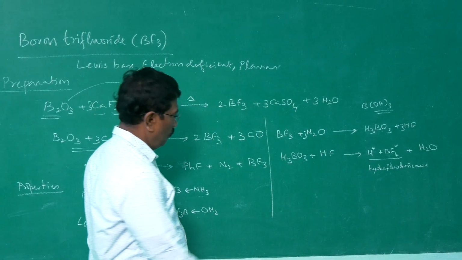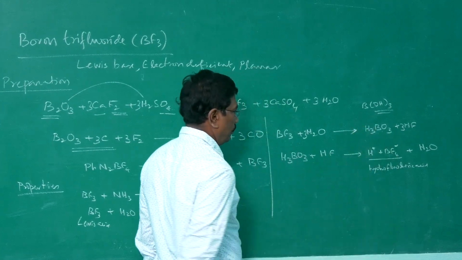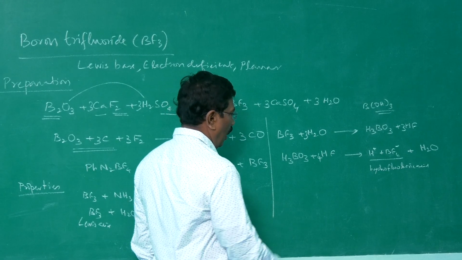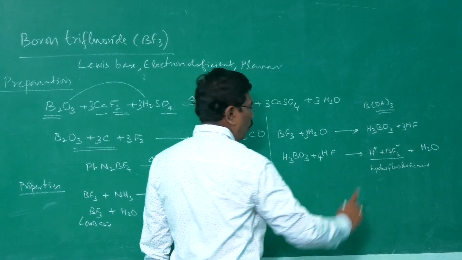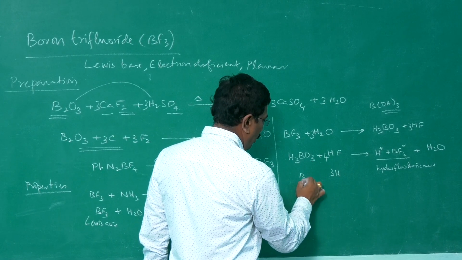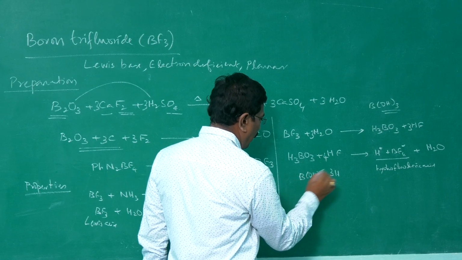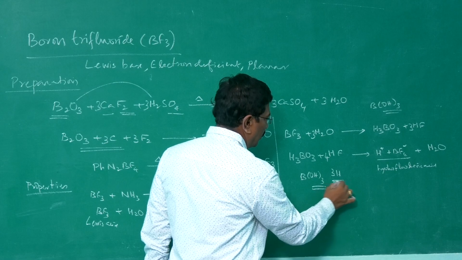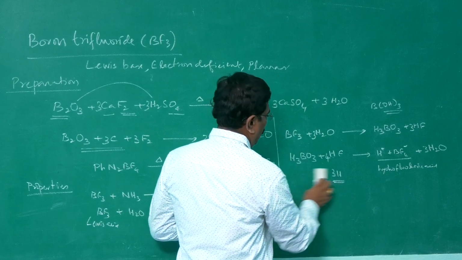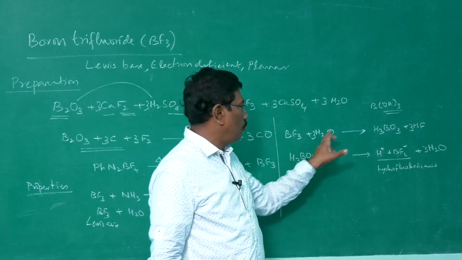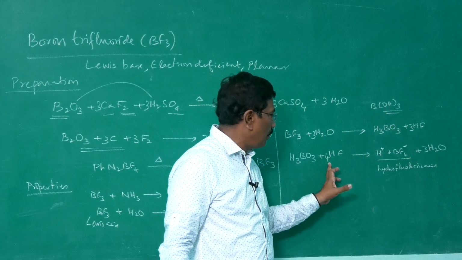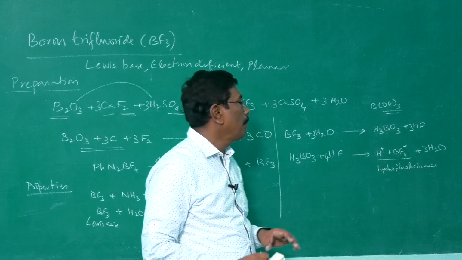How to balance the equation? 1 boron becomes HBF4. 4 fluorine here, therefore 4HF. Alright. Out of 4 hydrogen atoms, 1 is in the form of hydrofluoboric acid. The remaining 3 hydrogen atoms and 3 OH. Boric acid is B(OH)3. So 3 OH and 3 hydrogen. One more hydrogen is here. They become 3 water. So boron trifluoride reacts with water to become boric acid and hydrofluoric acid. That boric acid and hydrofluoric acid react among themselves to give hydrofluoboric acid and water.